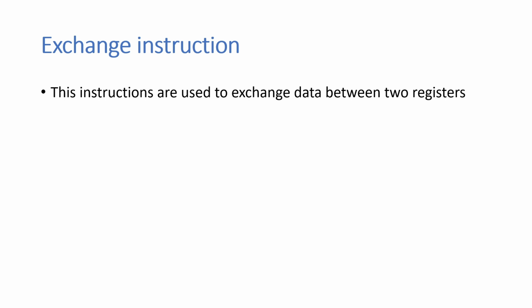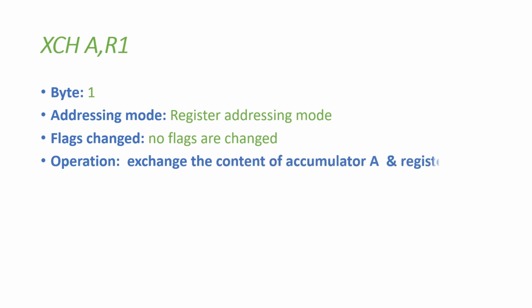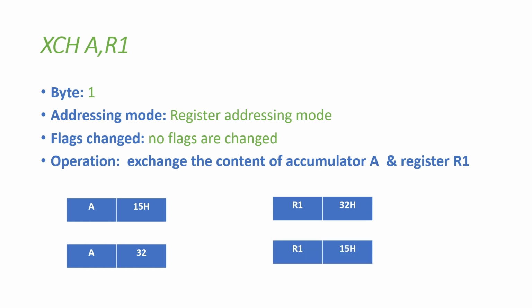Next is the exchange instruction. These instructions are used to exchange the data between two registers. See the first instruction, XCH A, R1. Here 1 byte is required. Addressing mode is register addressing mode. No flags are changed. By using this instruction, the content of accumulator and register R1 are exchanged. See, if the content of accumulator is 15H and the content of R1 is 32H, then after the execution of this instruction, the content of accumulator becomes 32H and the content of register R1 is 15H